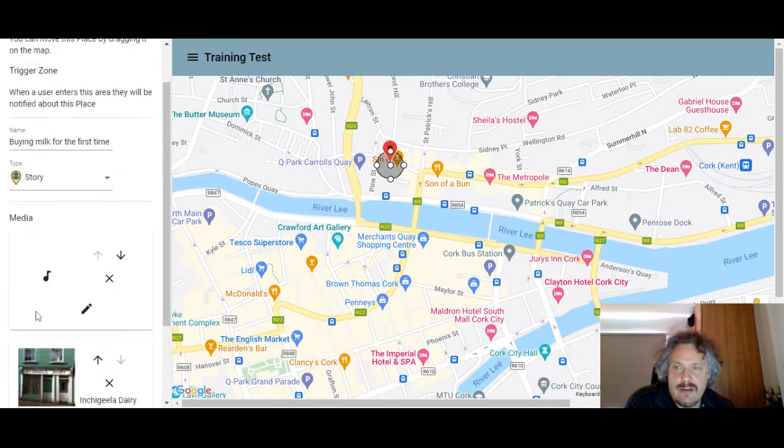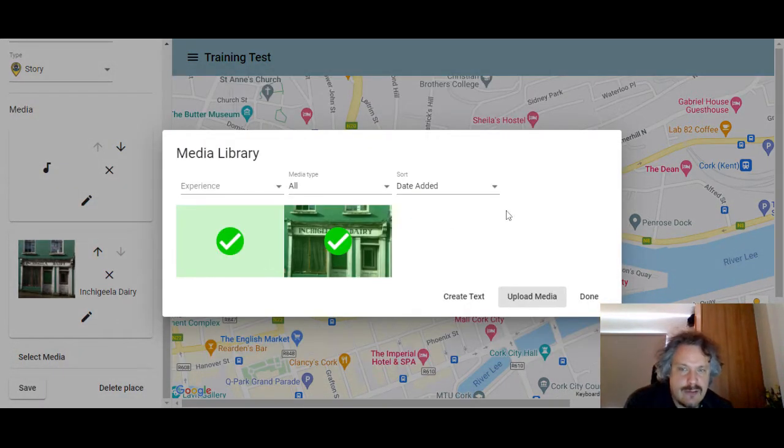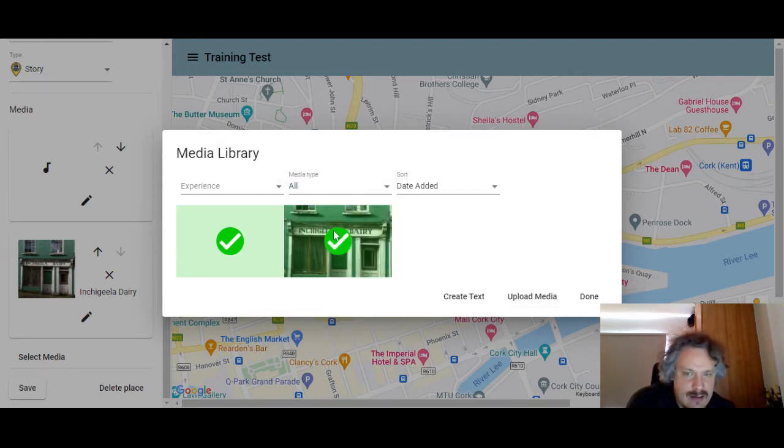And not only are those attached to this location, but you can look at more. You can browse by different types of media. You can actually edit media without editing the location it's in. You can have media in multiple locations. So the media and the locations should be considered to be separate. As you can see here,